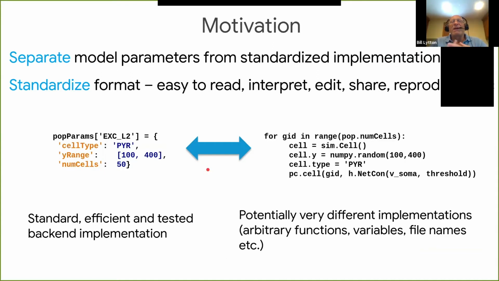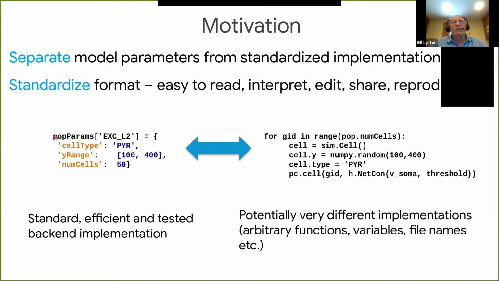The key point about a declarative language as opposed to a procedural language is that you can simply read it and not have the procedural calls getting in your way. So here on the right, we see this for GID loop, which tells you that, okay, we're going to create cells, we're going to take random locations for their Y locations, we're going to give them a name, and we're going to then create them, basically. So here, all that's going to be done for you with a relatively simple